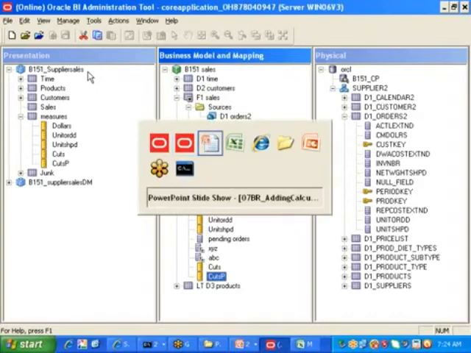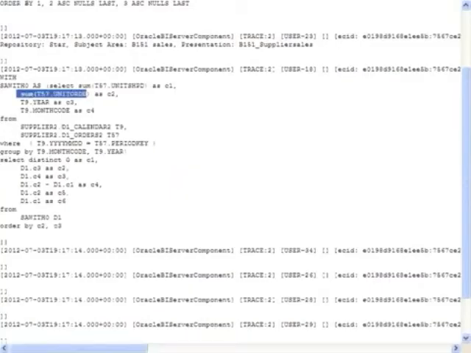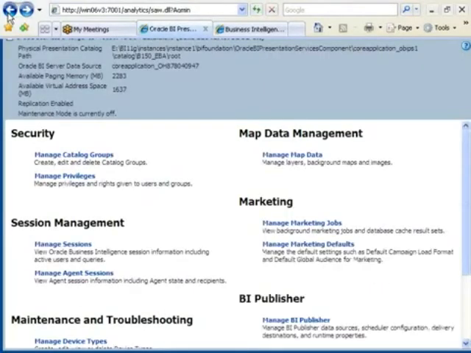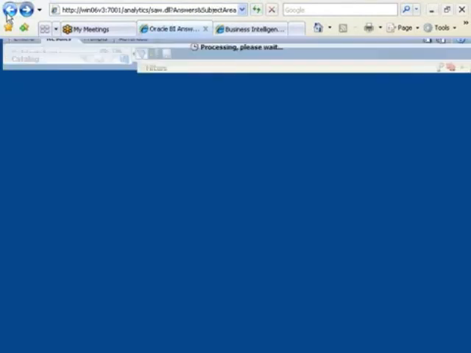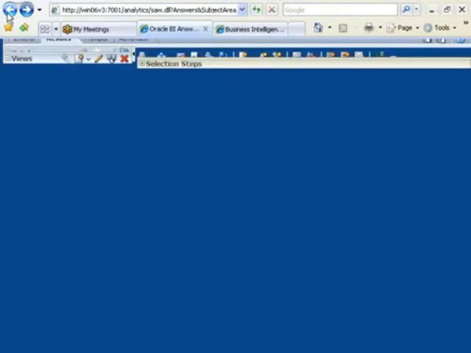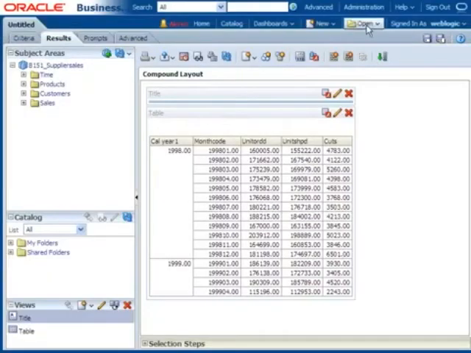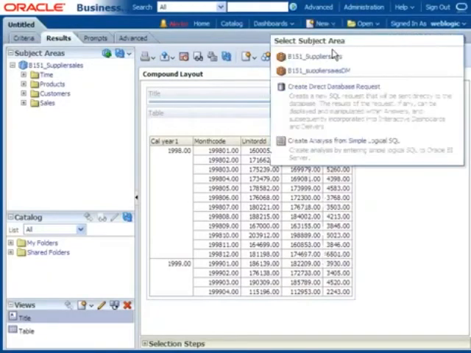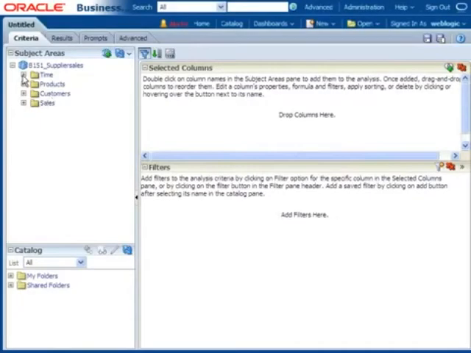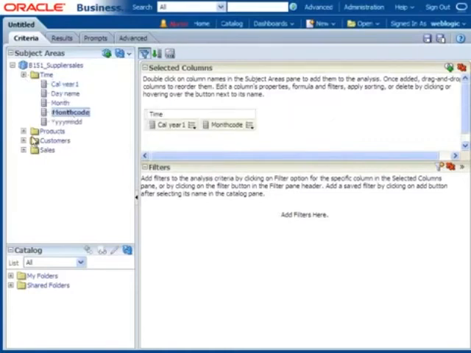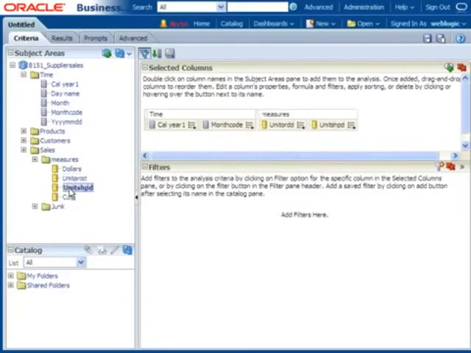Then go to the front end. Then go back. Then I am going for new report, let us say new analysis B151 supplier sales. This time also I want to take year column as usual, month code column as usual. Then I would like to take sales. In that one measures, one is what, sir? Unit ordered, unit shipped. Where is my cuts P?